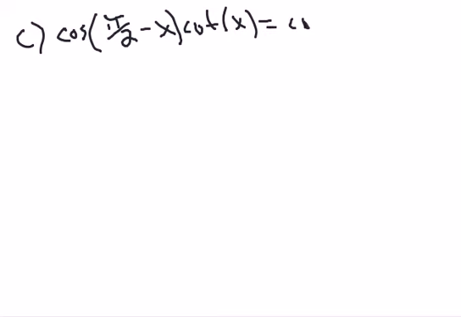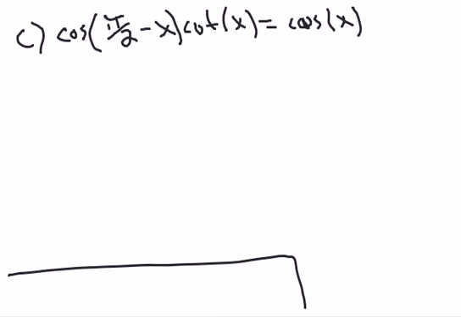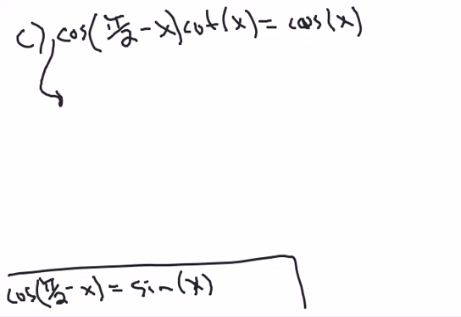So we have cosine of pi over 2 minus x times cotangent of x is equal to, they want us to show that that's equal to cosine of x. For this one, I'm going to use what's called a cofunction identity, which is also on your formula sheet. And that says that cosine of pi over 2 minus x is equivalent to sine of x. So I'm going to use this fact right away, and I'm going to write cosine of pi over 2 minus x as just sine of x,